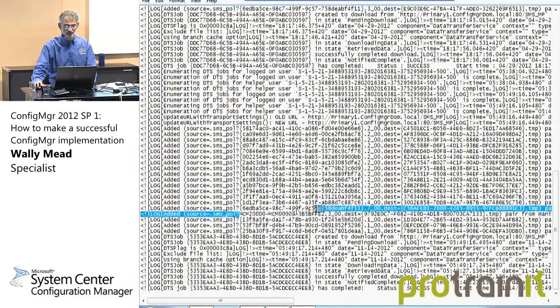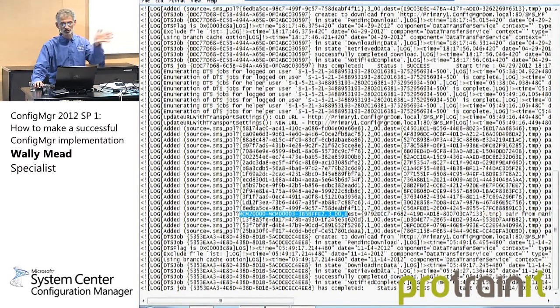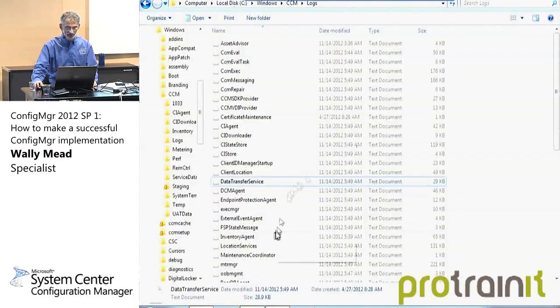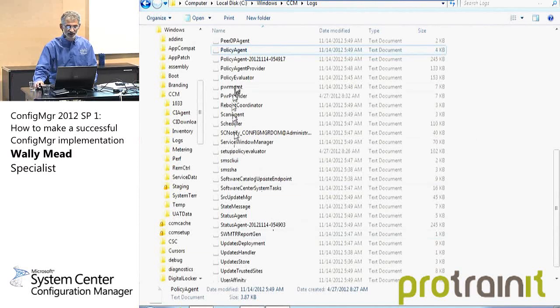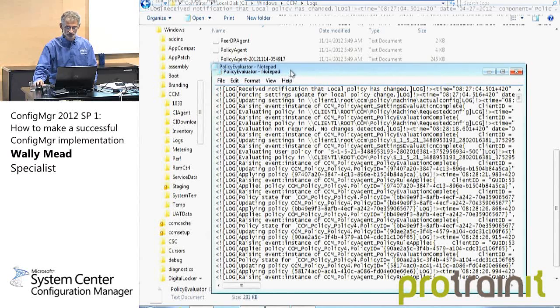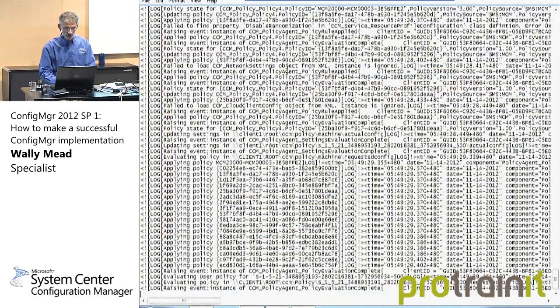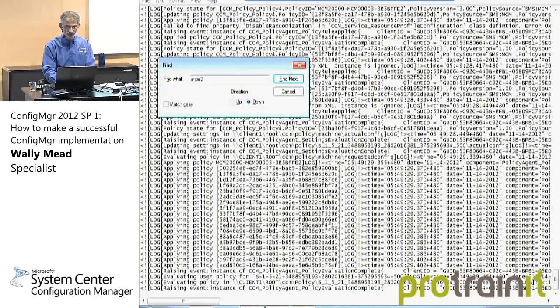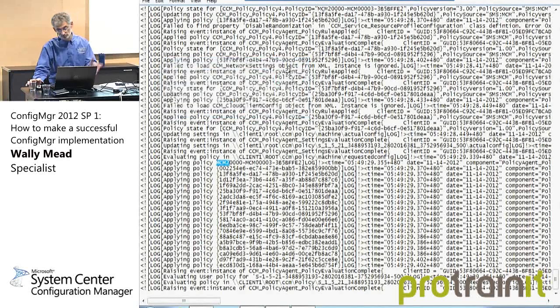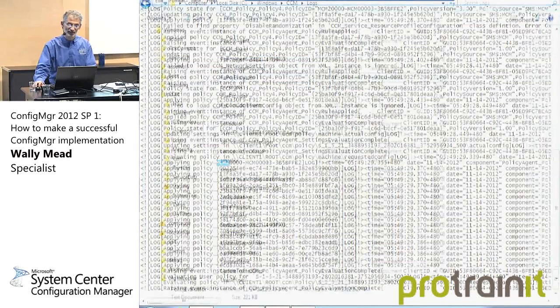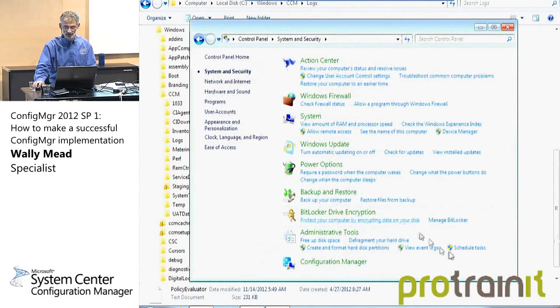Basically, it's an advertisement it creates. MCM is my site code, 2000 is just the first offer or advertisement deployment I had, and the package name is MCM0003 and the policy created. So it says it downloaded the policy, and if so, then the policy evaluator should say it applied that policy. And MCM2, search up, applying policy. So it says it applied the policy, and if that's the case, then go back over here to task scheduler,